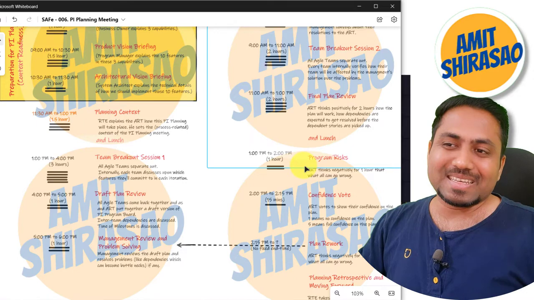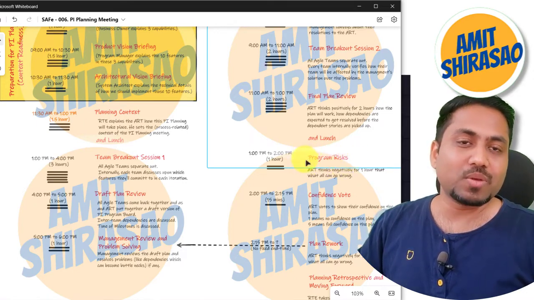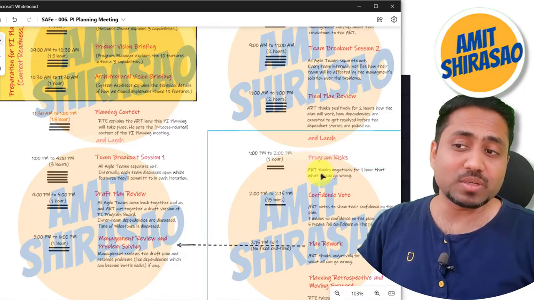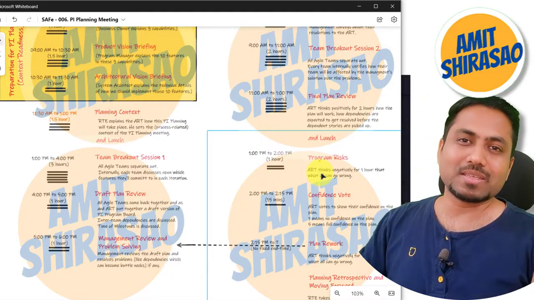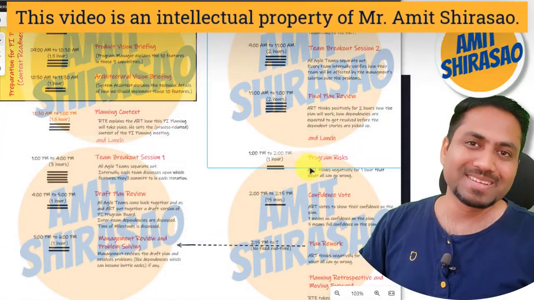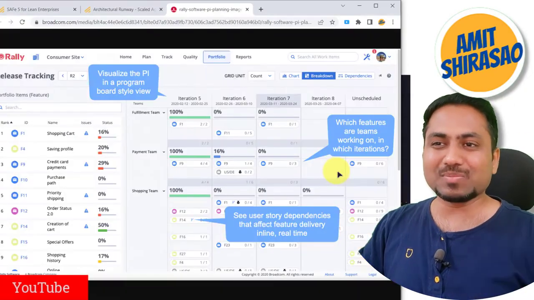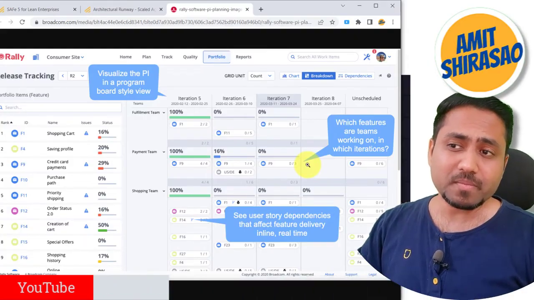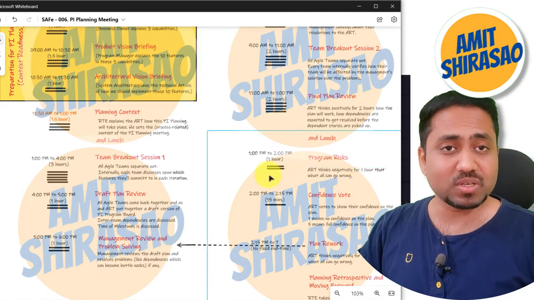After coming back from lunch, you will do program risks. So here what you will do is, now you will think negatively. Till now you were thinking positively, everything will work, this will happen, then that will happen. Now you will think, okay, what can go wrong? For 1 hour you will think only about what will go wrong, and whether this particular plan is taking care of those things that may go wrong. Okay, so that is what you will do in program risks. For 1 hour you will do this.